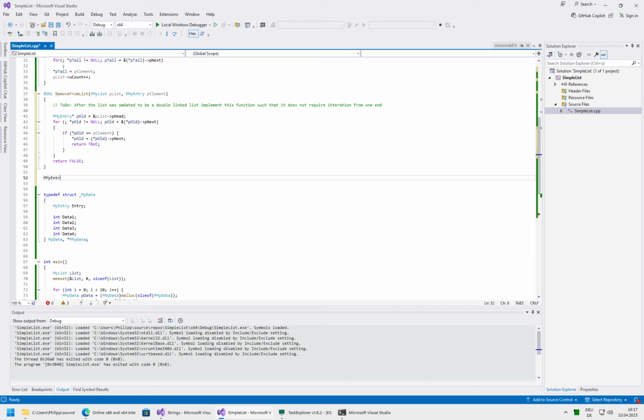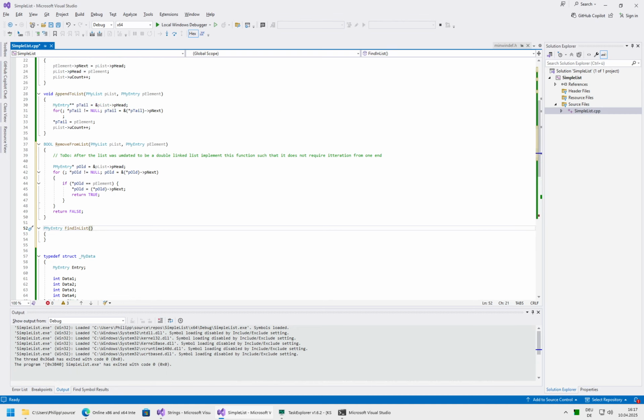P my entry find in list, and of course provide the list, and then of course we need to somehow be able to universally find things, so we can define a function pointer type: typedef bool asterisk t my find func